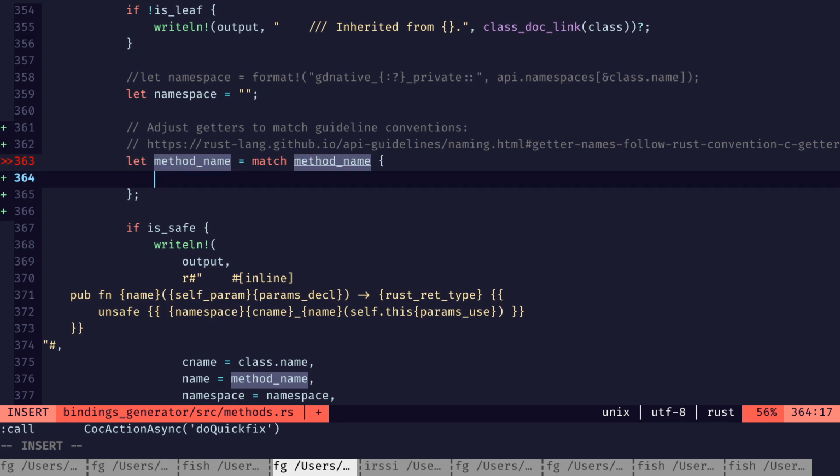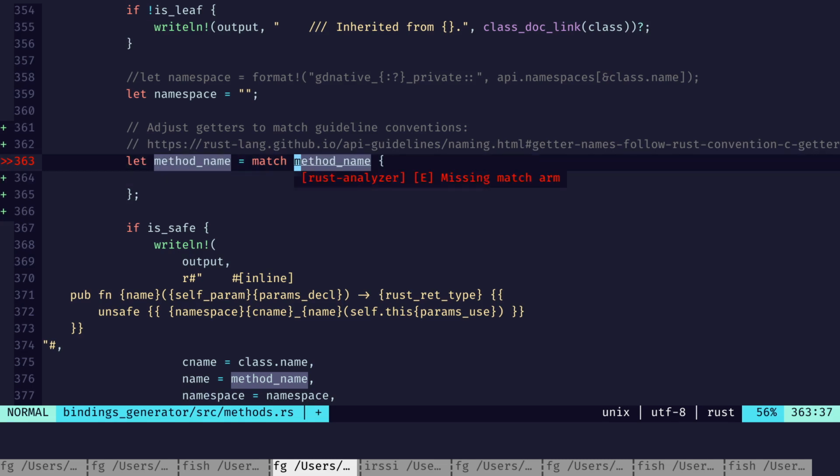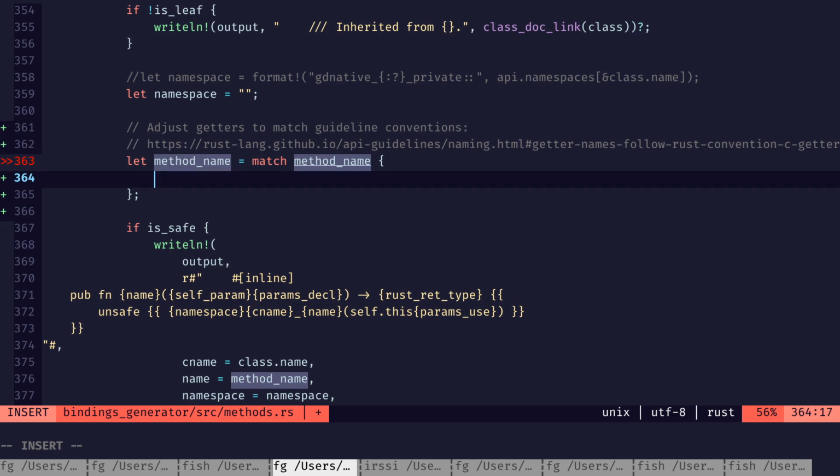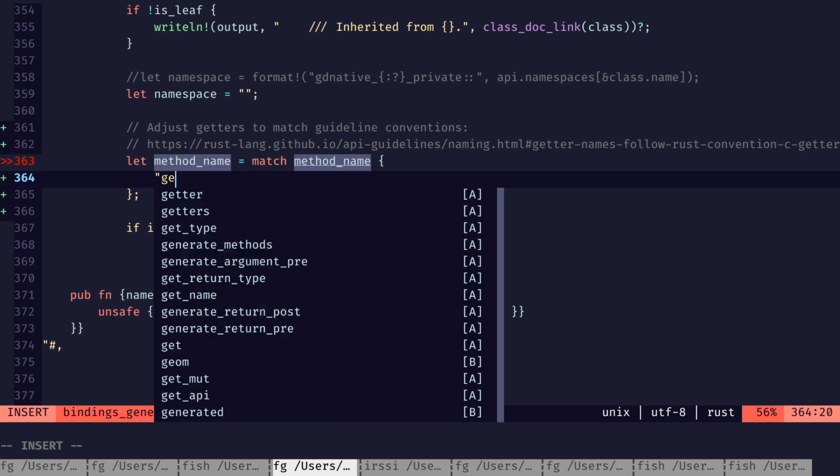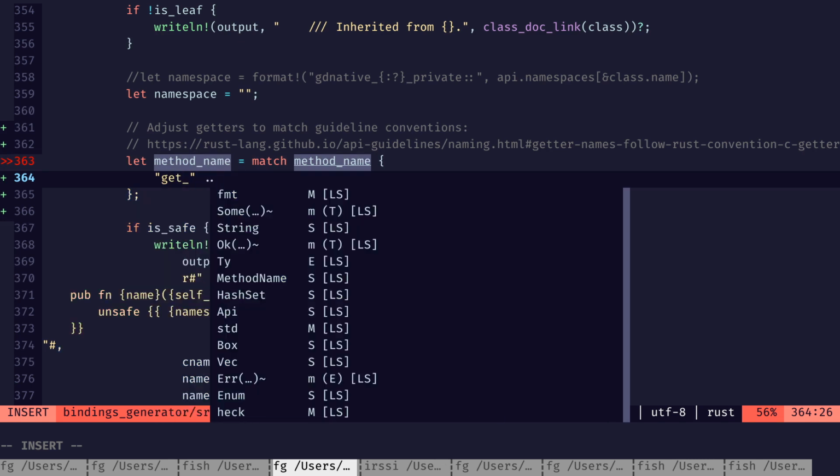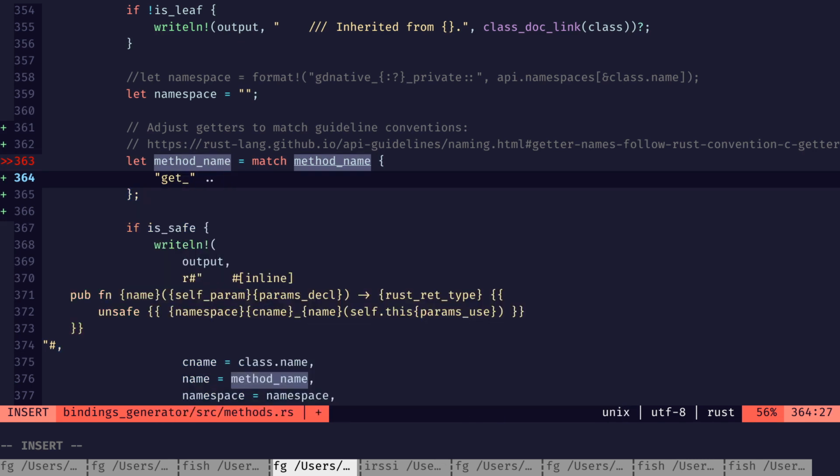If the beginning of it, it's a borrowed string. I think we can do kind of array syntax with just a string. Dot rest equals